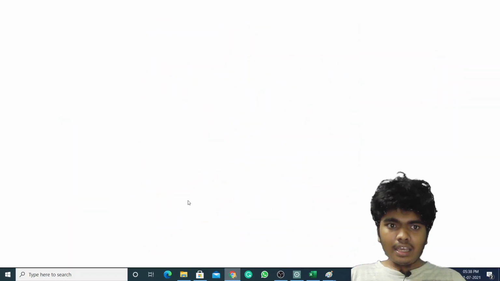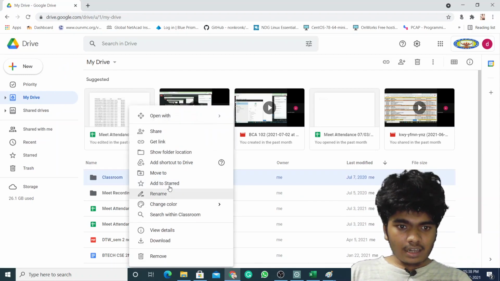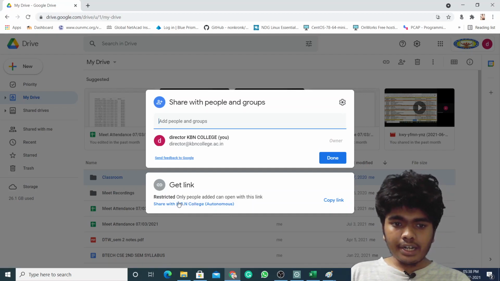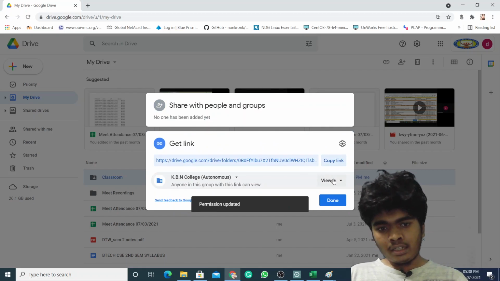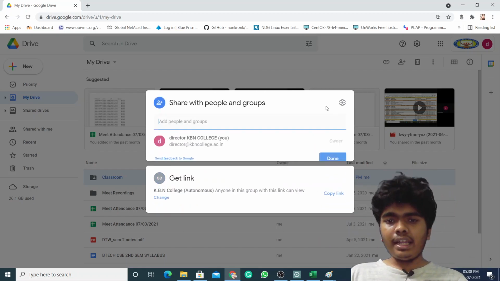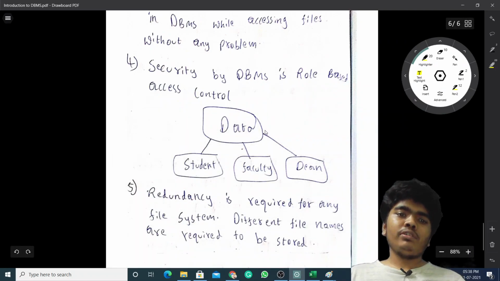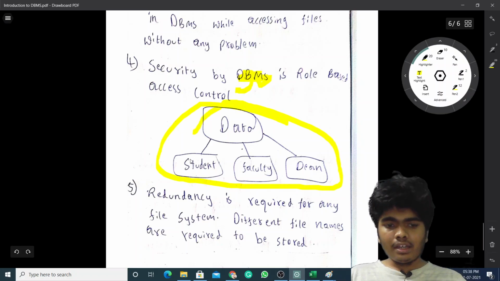Here in this drive link, if we click on share, we get three options. Viewer is a student, commenter is a lecturer, editor is a dean. So the security features are provided by DBMS. This role based access control is placed in the DBMS, not in the file system. This is possible only in a DBMS.